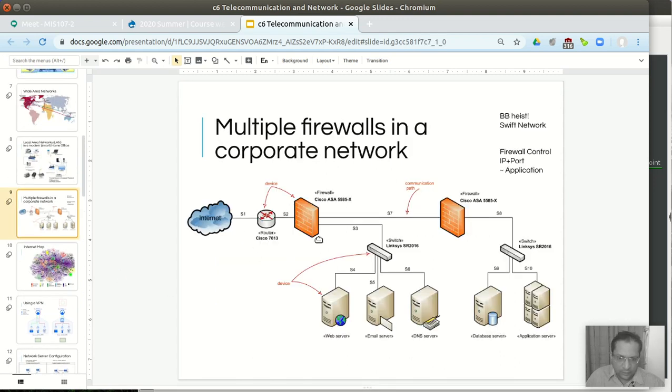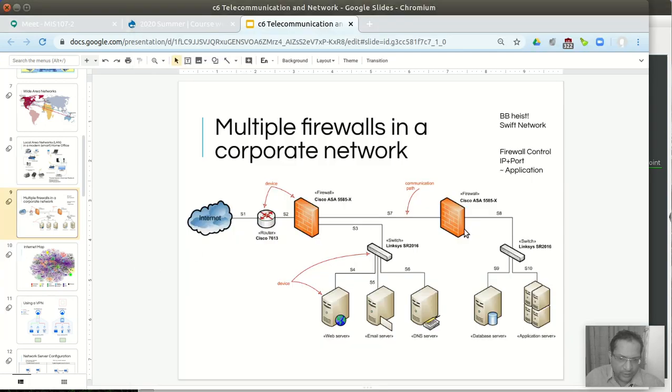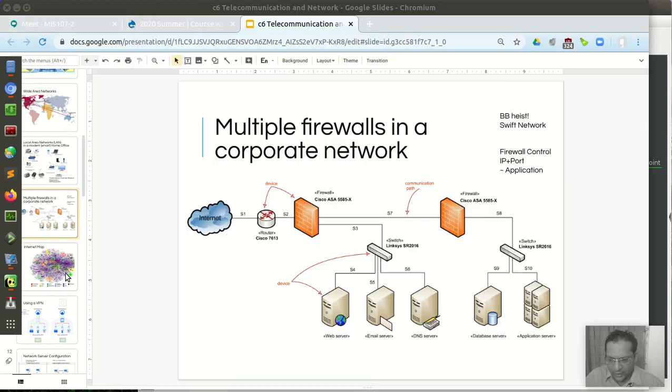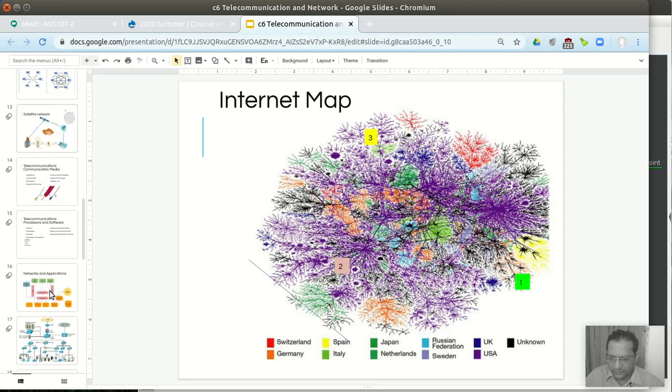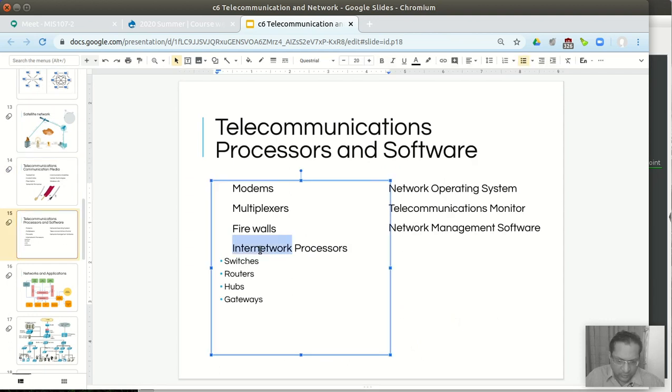From a firewall it goes to a router. Often they are similar. Often a router has a built-in firewall, so they work in tandem. And then there is a modem, and then it goes to the internet, your ISP, and then there is of course a multiplexer. So telecommunication device, inter-network processor. This is network processing across different networks.